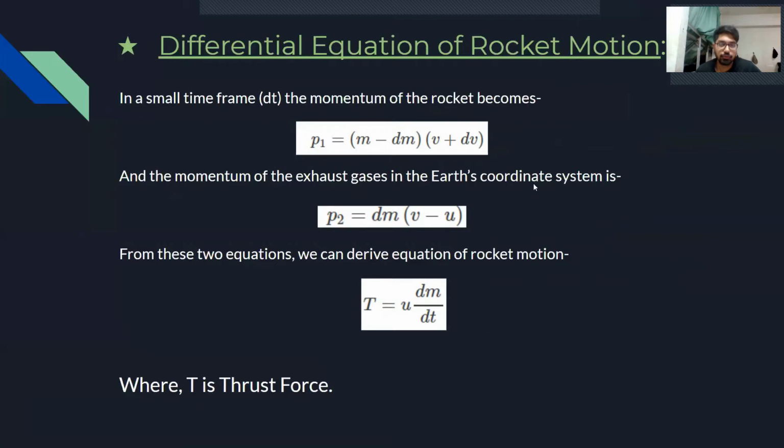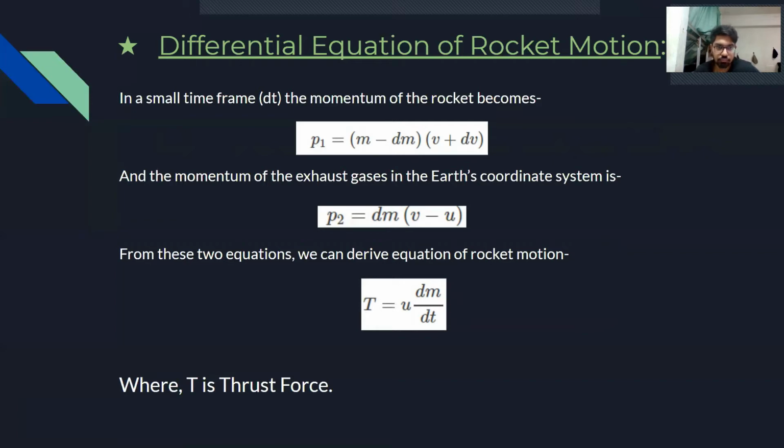So for the equation, we first need to consider a small time frame, that is dt. The momentum of the rocket will be p1 is equal to (m minus dm) into (v plus dv), where m is the initial mass of the rocket and the mass of the rocket decreases by dm as a result of the fuel combustion, which eventually leads the rocket's velocity to be increased by dv, where v is the initial